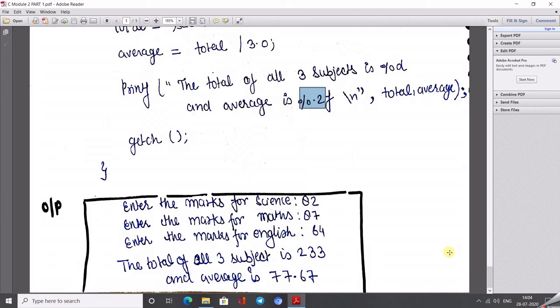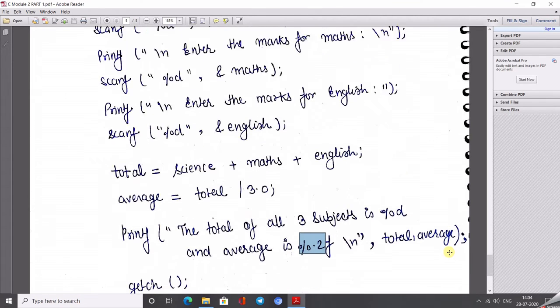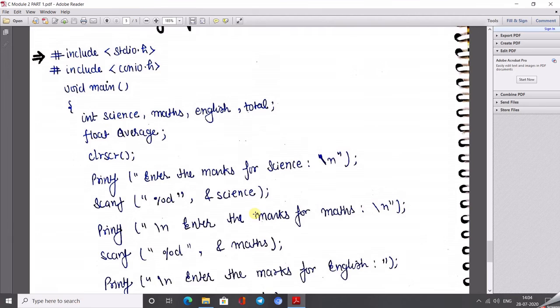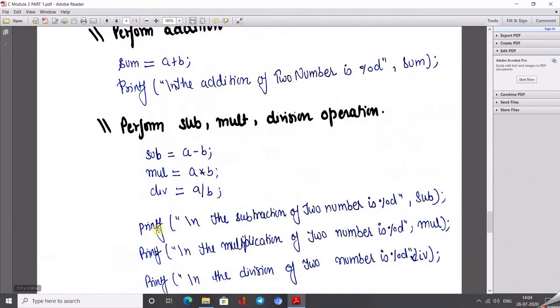So have a look at what exactly I taught you in today's lecture. First I taught you about the various arithmetic operators like addition, multiplication, division, subtraction, and the remainder operation also. In the previous question I forgot to perform the remainder.